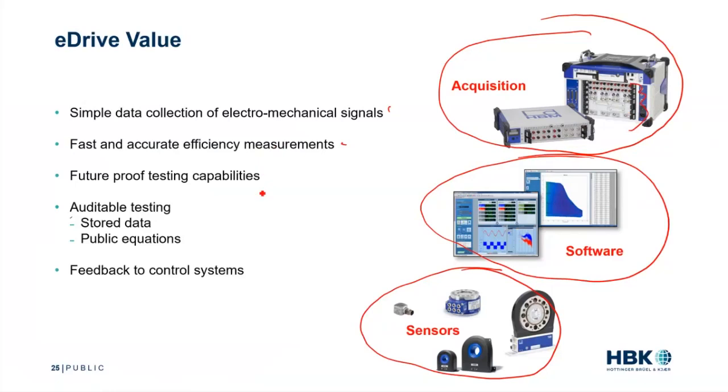We like to think we can future-proof your measurement, or future-proof your testing. Maybe today you're just doing powertrain measurements, but in the future you think you might have noise and vibration coming. We offer this modular chassis that has these little card slots, and if you buy this 7-slot chassis, you could fill it with 2 cards today for doing power measurements, and then you can add a noise and vibration card,